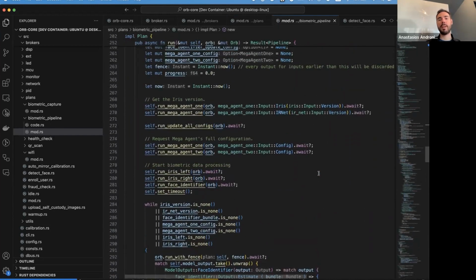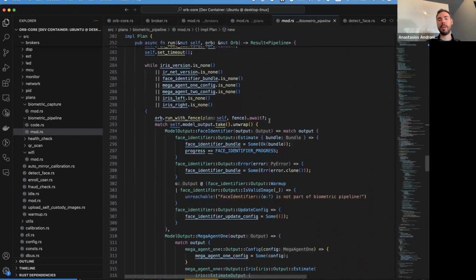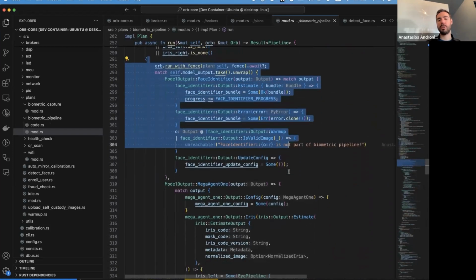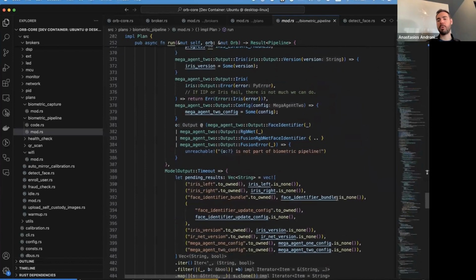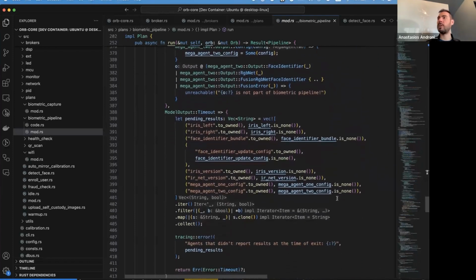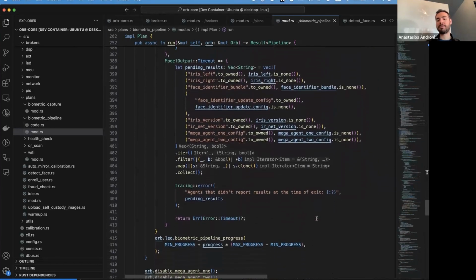And if we dive deeper into this, we will see that we have a lot of AI agents and a lot of information being conveyed from them, so we can assess if the capture that we did is good enough for this to be a proper sign-up before we submit your sign-up candidacy on our backend.